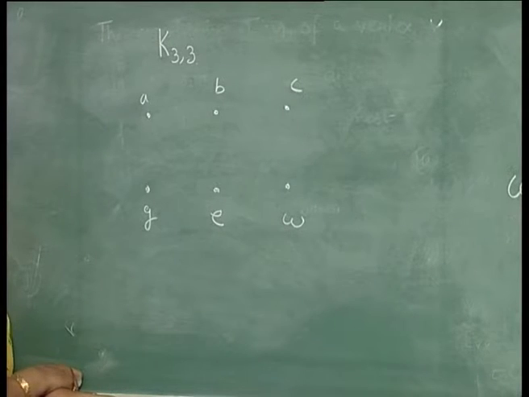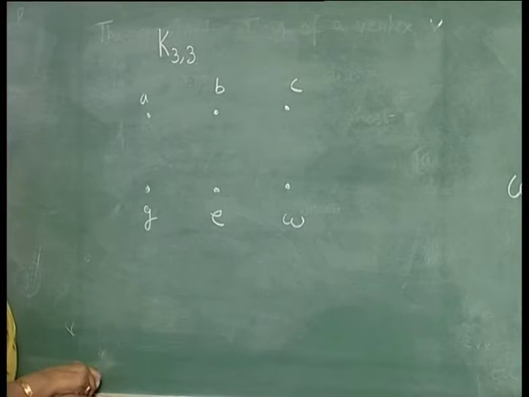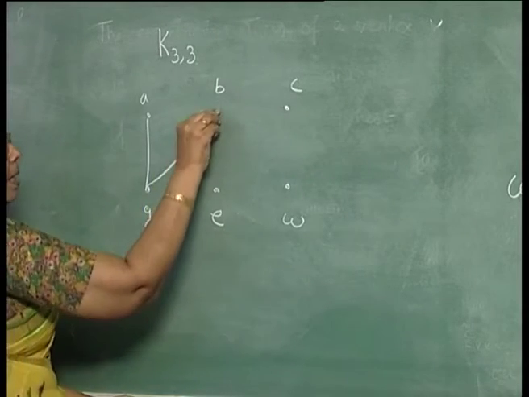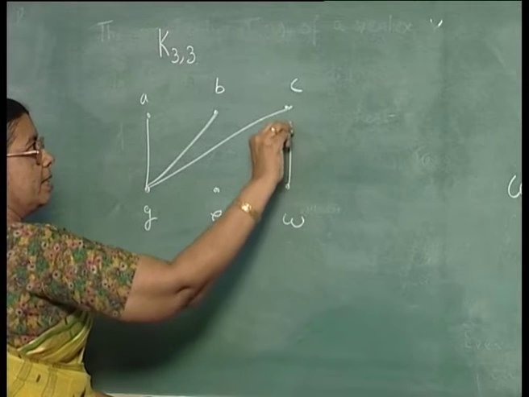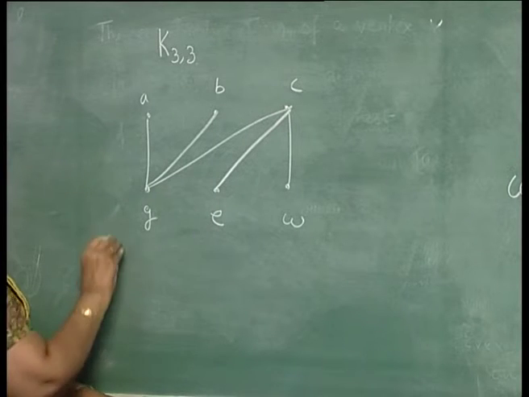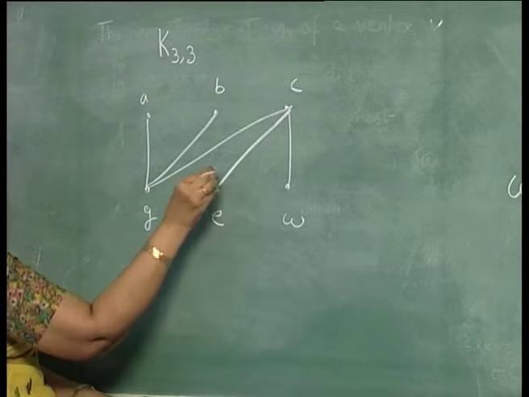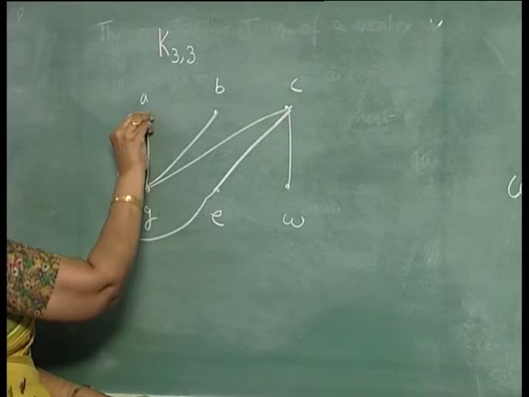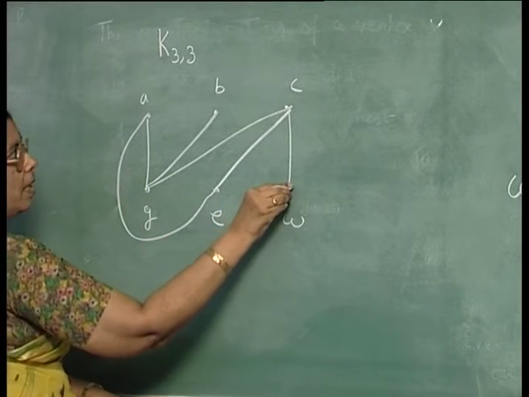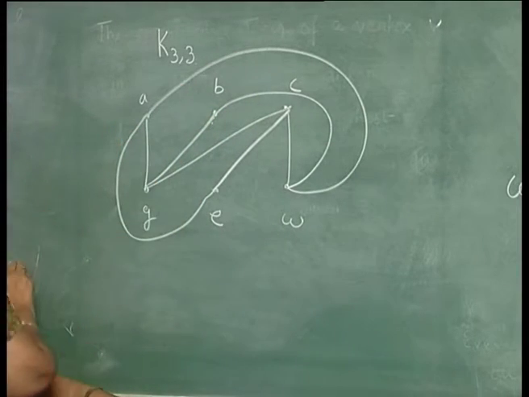Here again, how many edges are there? There are 6 vertices and 9 edges. From each one you have 3. So, there are 9 edges and 6 vertices, but you cannot draw it without crossover. Suppose you draw like this, you can draw this, you can draw this, 5 of them you can draw like this. Then A to B you have drawn, A to C you have drawn, E to C you have drawn, E to A you can draw like this, 6, 7, 8 you can draw like this,